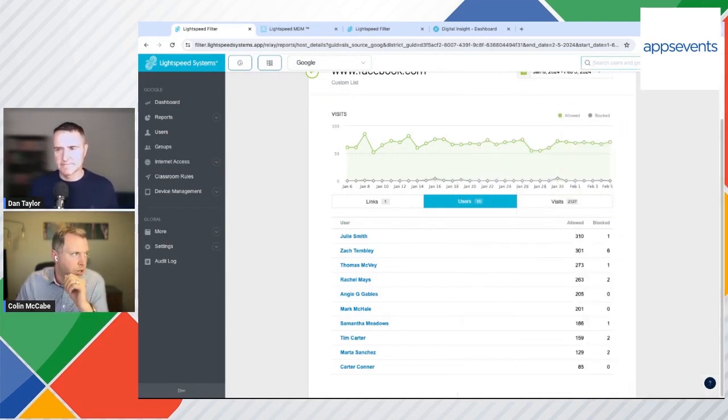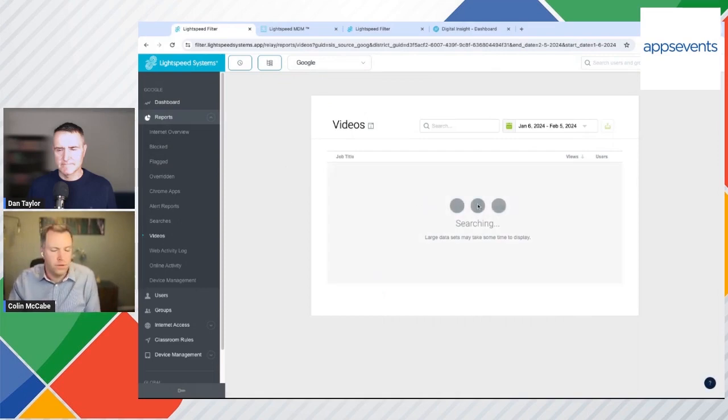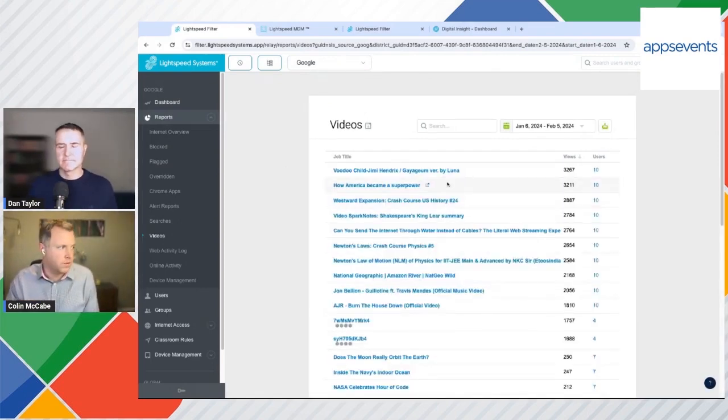And of course, if you wanted to just go straight there, the search bar for users is right there at any given time. So there's other reports in there, loads of detail that I'm not going to dive into just now. The other one, of course, referencing what I said about Smart Play, is being able to see